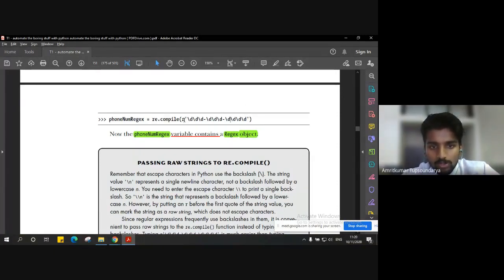Now, there's one thing to be noticed here, that is this R. If you can recall, in the previous module, module 2, we discussed different aspects of dealing with strings, different methods to deal with strings. There was one more aspect that we learned, that is how to deal with special characters and how to deal with raw strings. Raw strings are used, for example, if we purposefully want to display all these escape characters also.